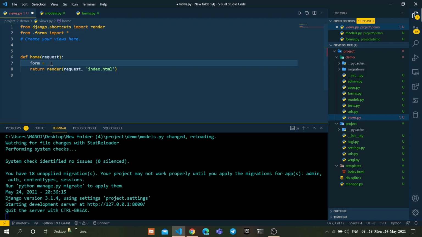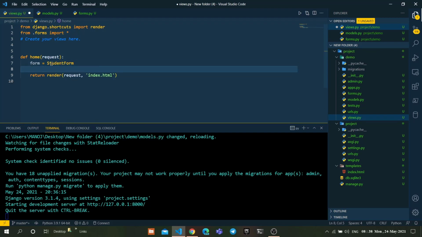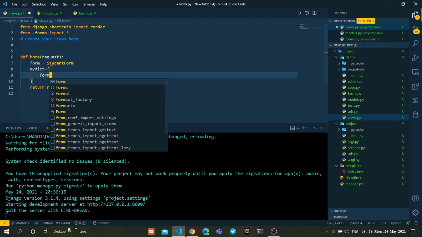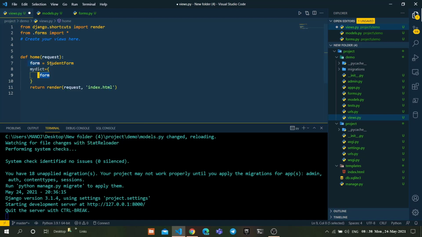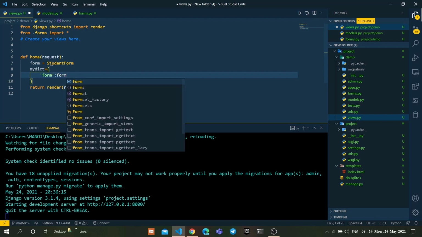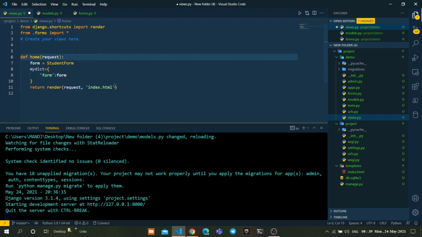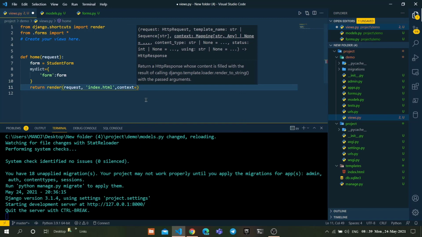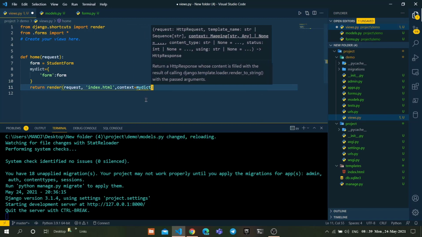Then form equal to StudentForm, and a new dictionary where form colon form. Pass this dictionary as context. Context equal to my dictionary.